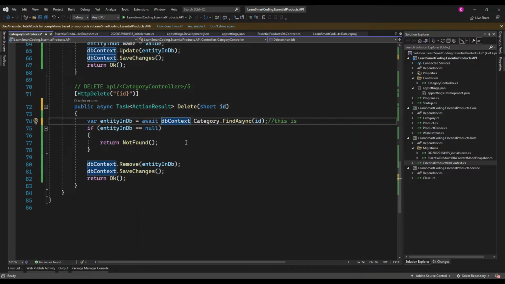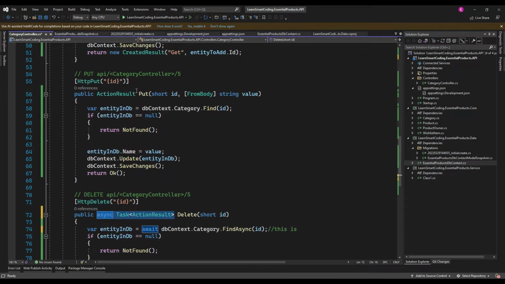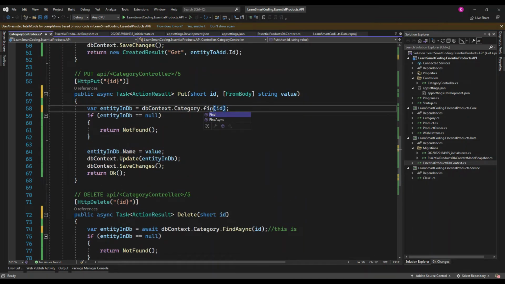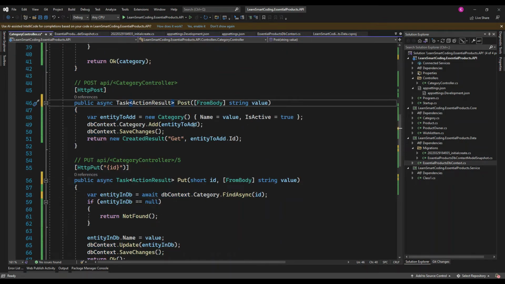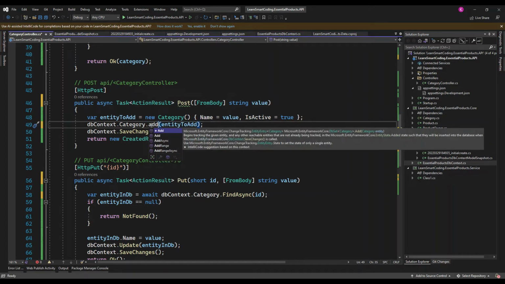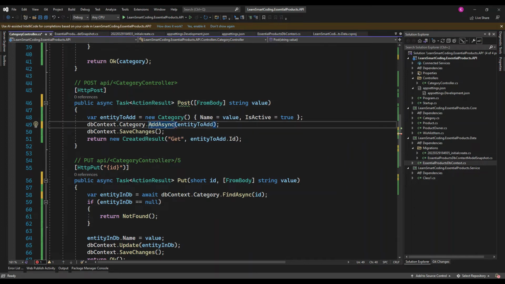So the simple thing you need to do to accommodate asynchronous code is add the async keyword to the signature, and then instead of ActionResult, return Task of ActionResult. And wherever you write an async method, you have to put an await keyword. That's the async await keyword. I'll explain what async await is after this piece of code. That's also one of the important interview questions, and good to know if you have never used